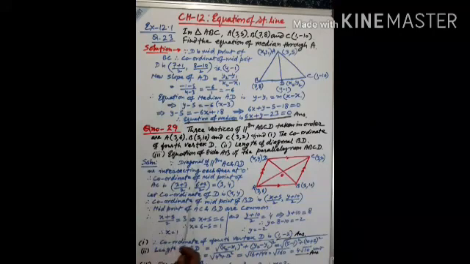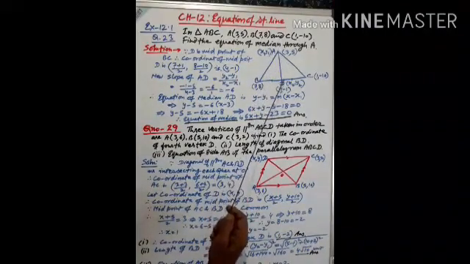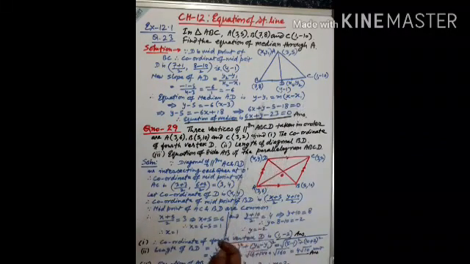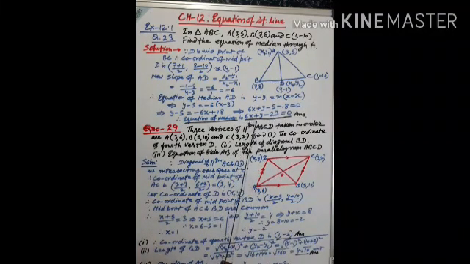Therefore the equation of median AD is given by the line, and you know that the one point form equation of a line is y minus y1 equals m into (x minus x1). Substituting the values here, you got y minus 5 equals minus 6 into (x minus 3), and on simplifying you got y minus 5 equals minus 6x plus 18. This implies 6x plus y minus 5 minus 18 equals 0. Therefore the equation of the median of the triangle is 6x plus y minus 23 equals 0. So this is how this type of question is solved.